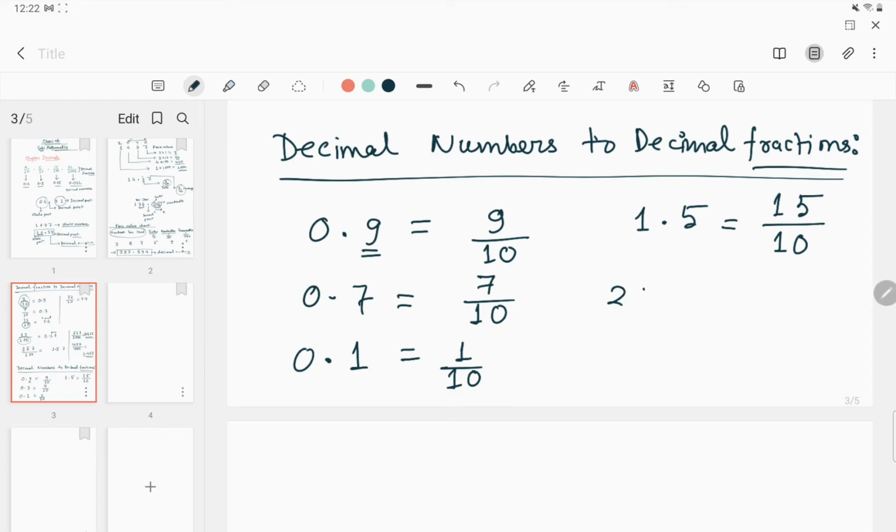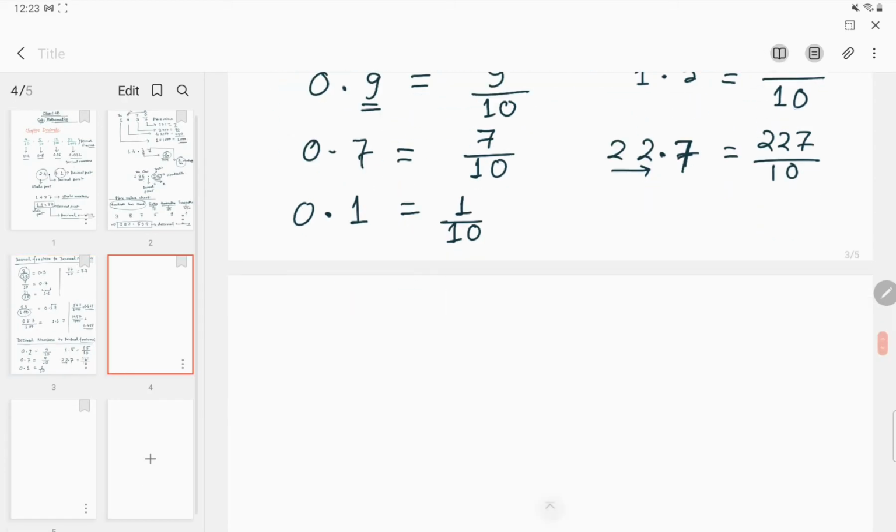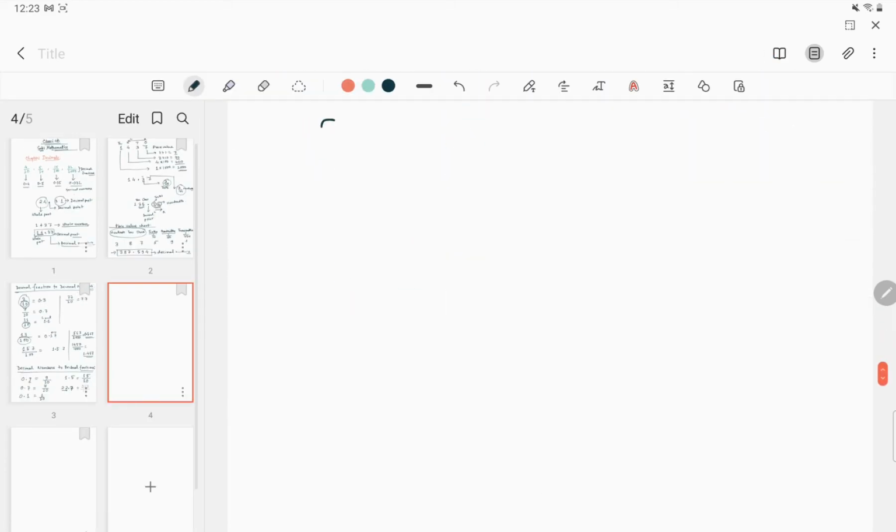If I say 22.7, you have to check only the numbers after the decimal place. Going from the left side to the right side, after the decimal place it is only one digit. So it is 227 by 10. Okay. So if I give you another example, that is